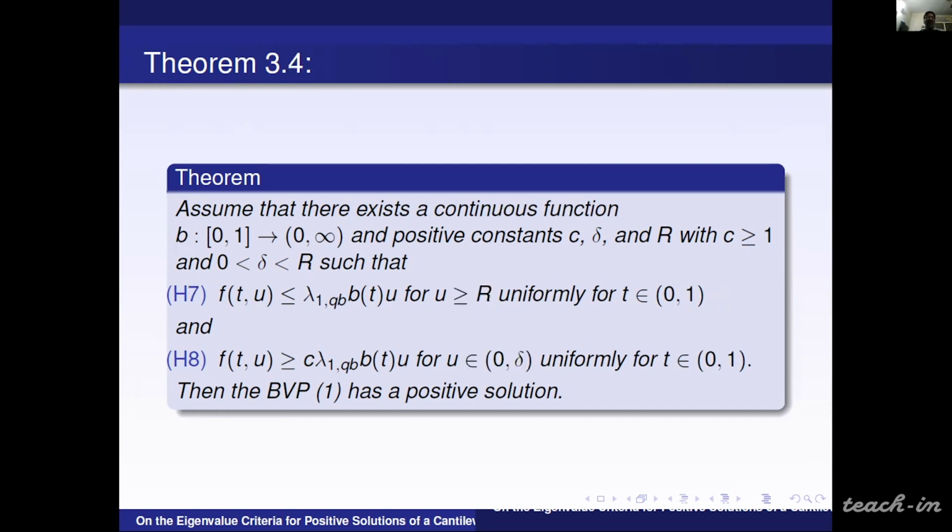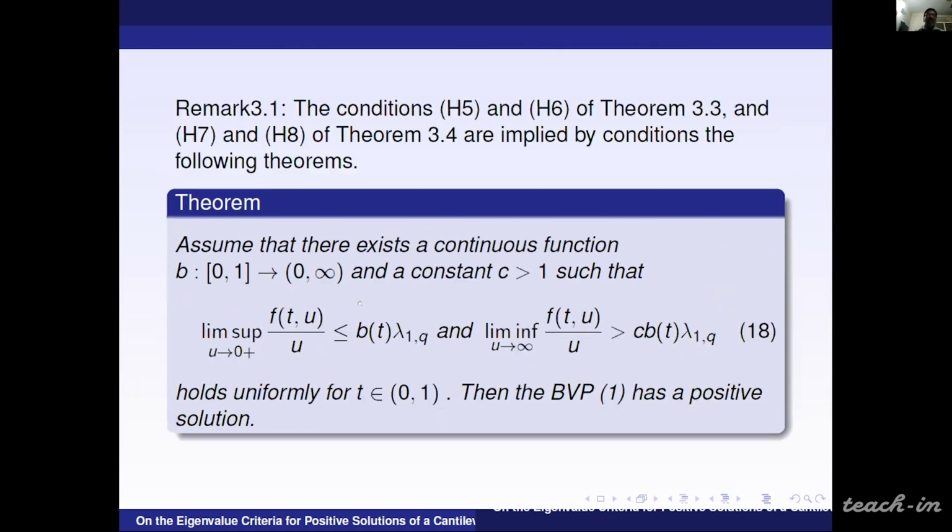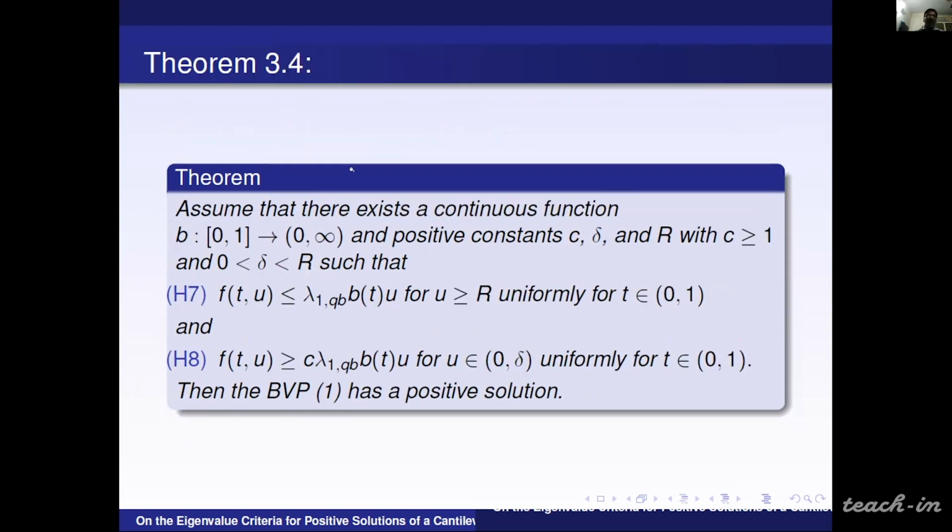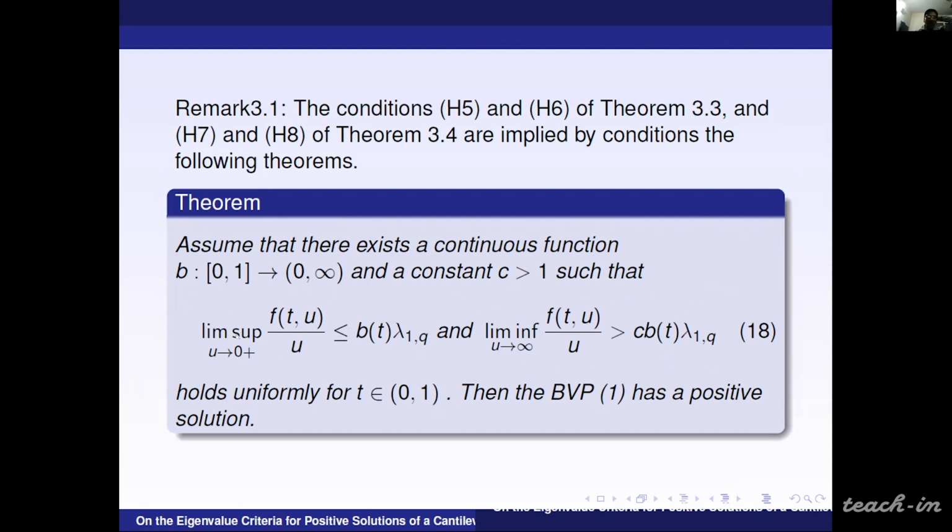The second theorem we have: if b is a positive continuous function in 0 to 1, mapping to 0 to infinity, and we have c, delta, R and c greater than or equal to R, satisfying these two properties H7 and H8, then it will have a positive solution. And the conditions 5, 6, 7, and 8, although they look like this, sometimes it is easier. It will be easier for us to use conditions something like this. What is that? If limit supremum as u goes to 0 plus of f(t,u) by u satisfies this property,